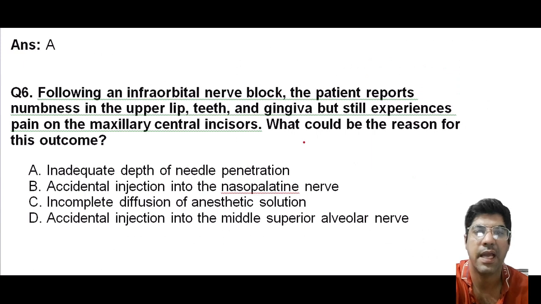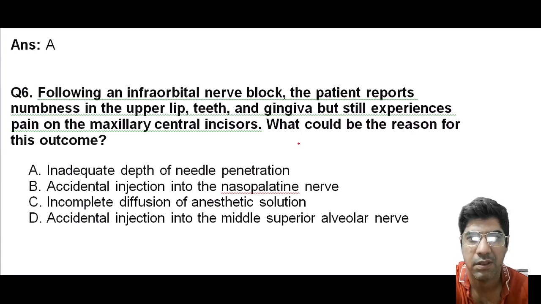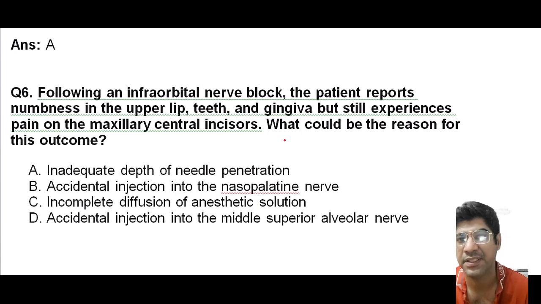Following an infraorbital nerve block, the patient reports numbness in the upper lip and gingiva, but still experiences pain on the maxillary central incisors. So the answer here is option D. The middle superior alveolar nerve innervates the maxillary central incisors. If the needle accidentally injects the anesthetic solution into the middle superior alveolar nerve, that could lead to numbness in